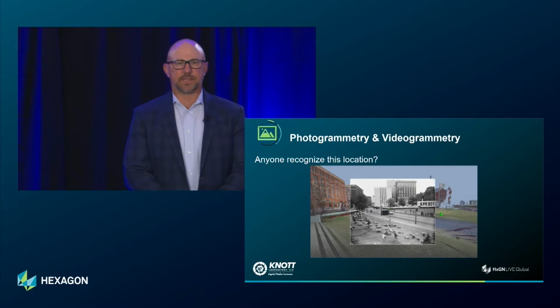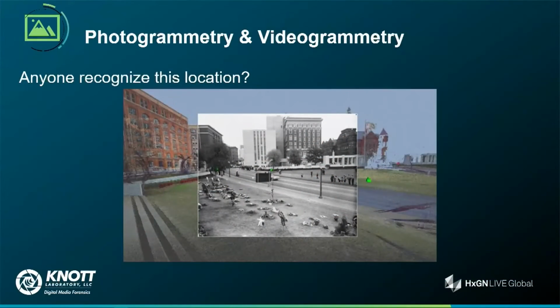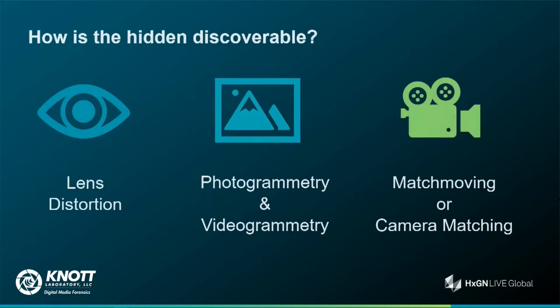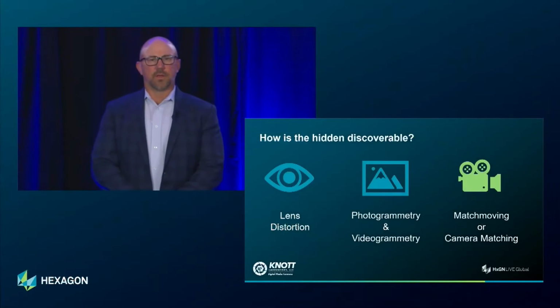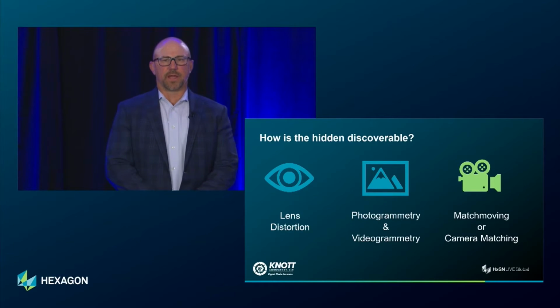Does anybody recognize this? It's Dealey Plaza down in Dallas, Texas. It's where JFK was shot in 1963. Obviously, photogrammetry was used in that incident to recreate and understand the shooter's location and even evaluate the multiple shooter theories and so forth that exist. So that's photogrammetry. Let's move into matchmoving and camera matching